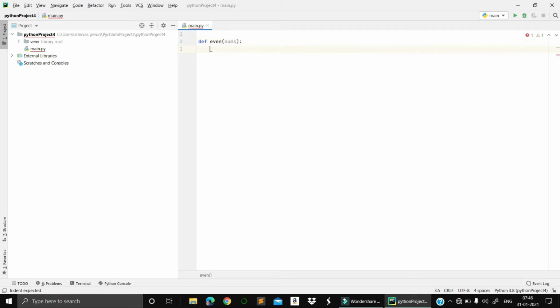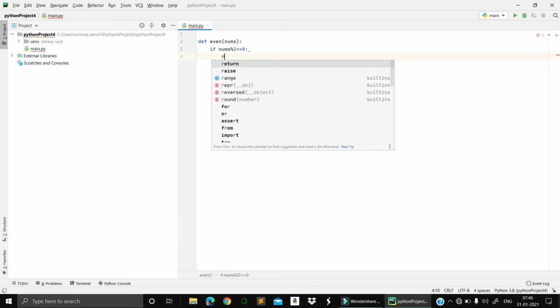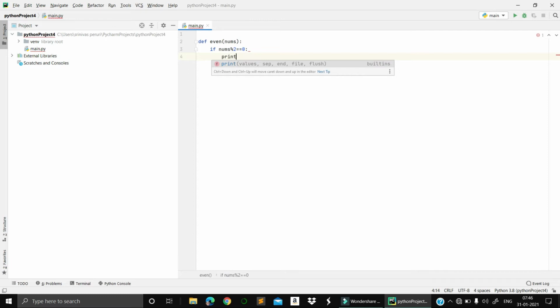If nums modulus 2 equals 0, I just want to print the nums.